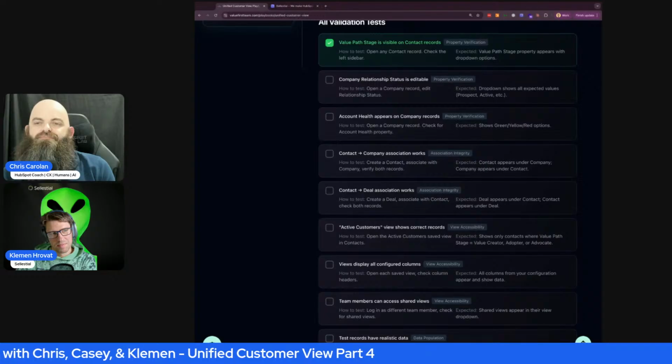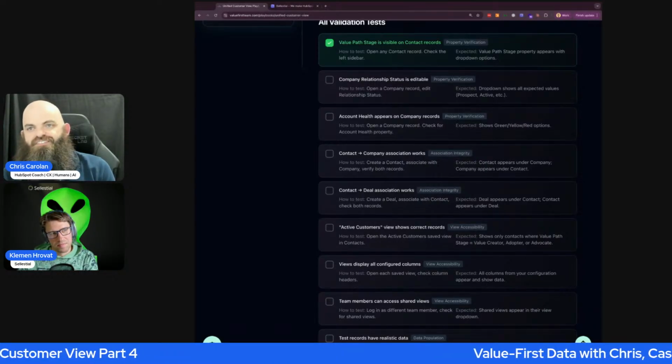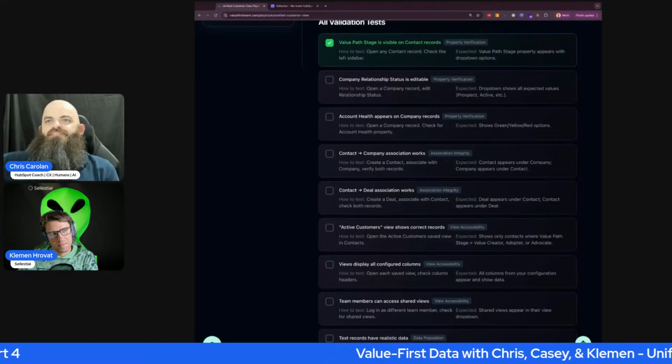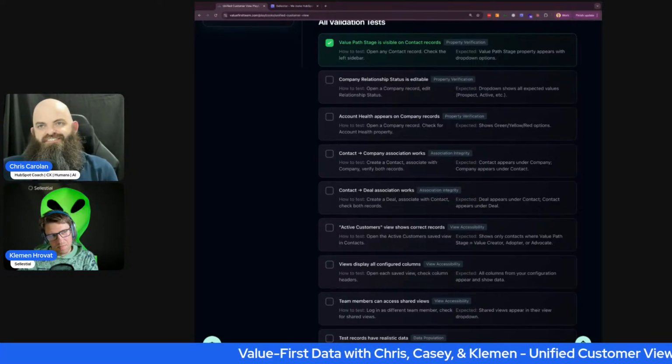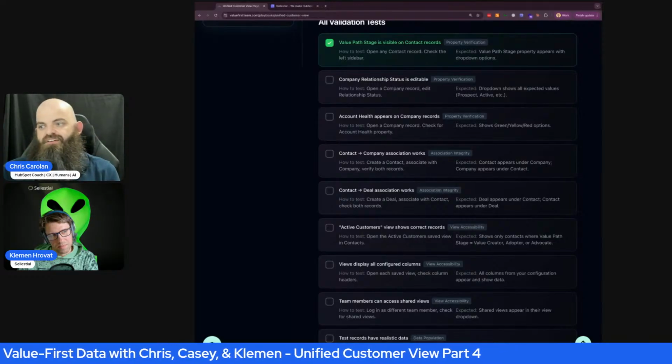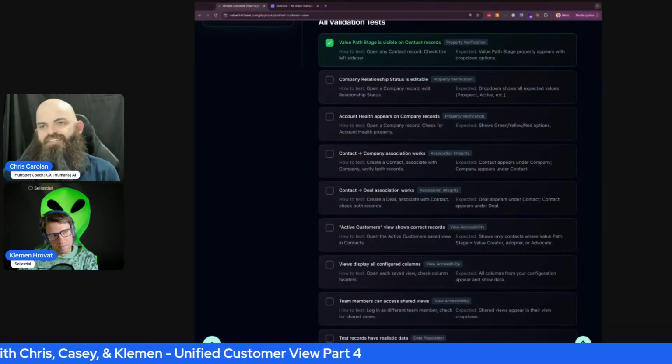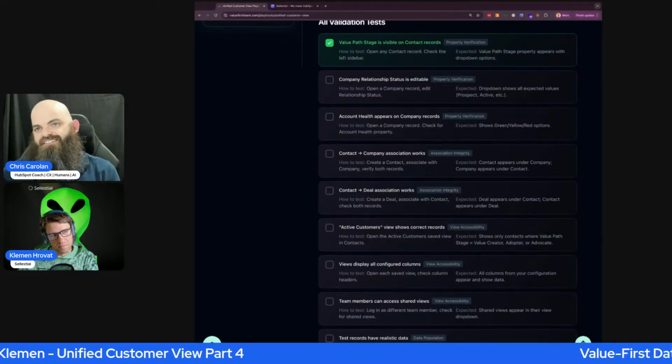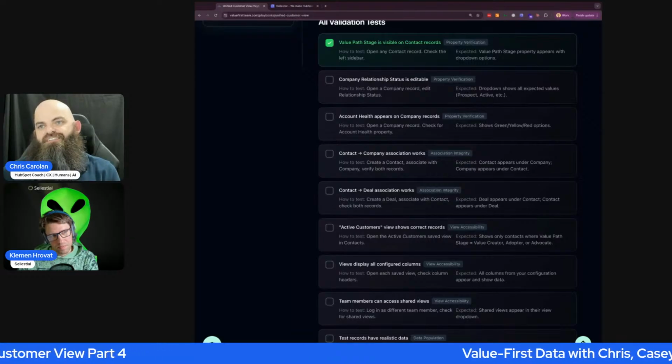And the moment that stuff starts to break down, just trust. Validation is based on trust. We have to be able to trust the system, that it's showing us good data, meaningful context when we're looking at this view.